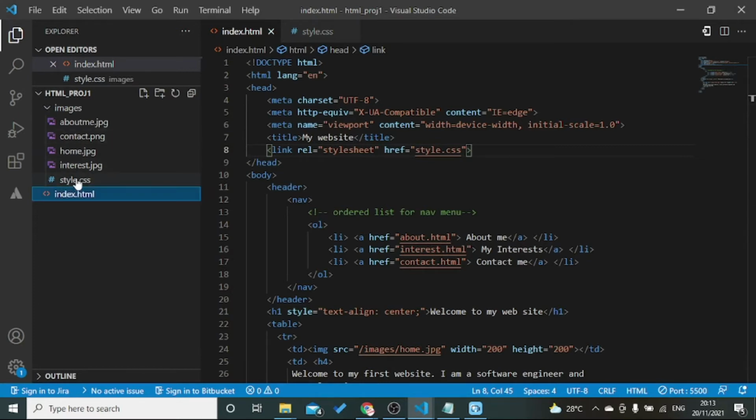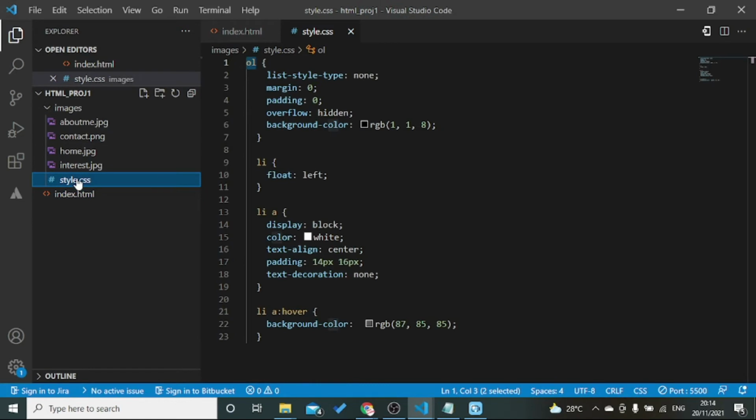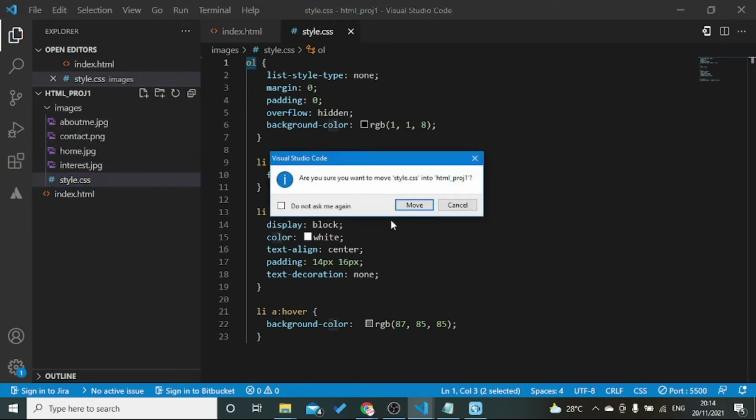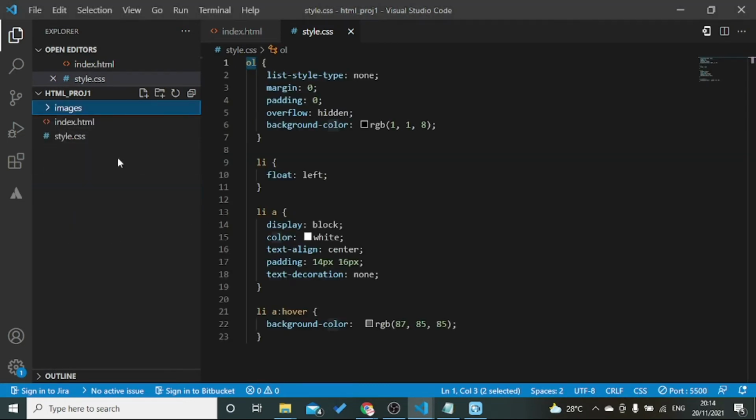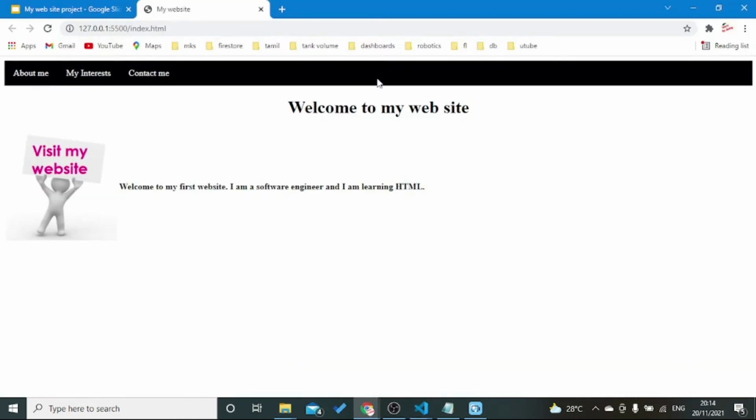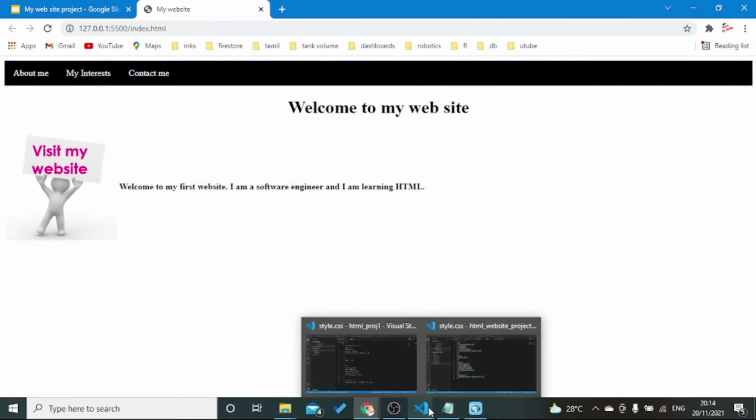Oh, we have created style.css inside images. So let's bring it outside. Yeah, now it is applied. So this is the menu item we want to display. So we applied a simple CSS file. Let's not worry about the CSS file.